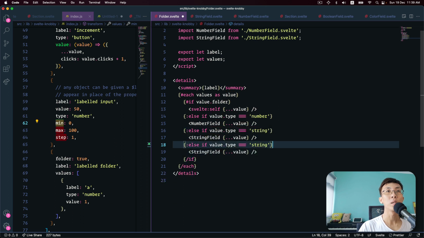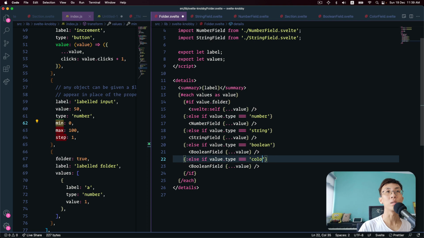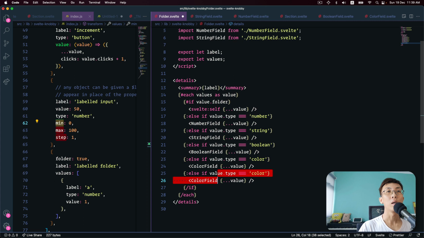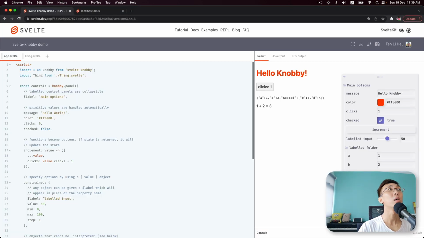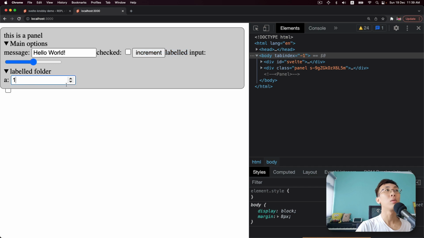And same thing, if it's a boolean, I need to use a boolean field. And if it's a color, I use the color field. And what's the last thing? Button, I would have my button. So let's take a look. Yep, we have everything. Button, we have everything. I think what we are lacking is